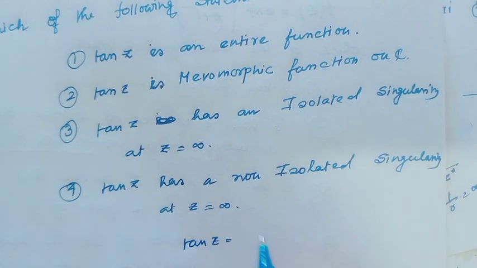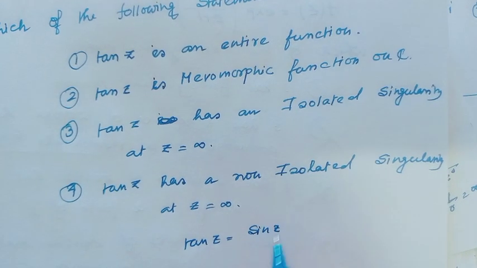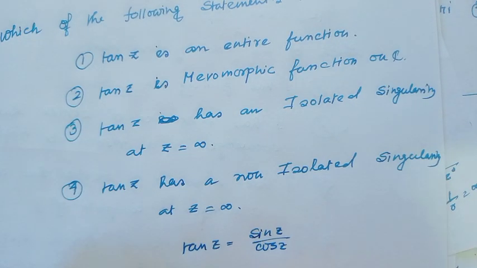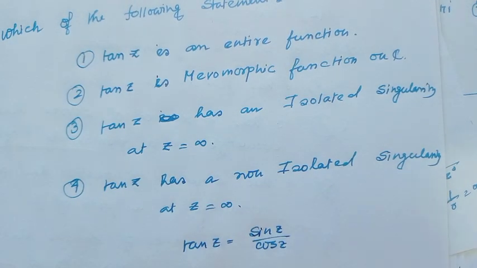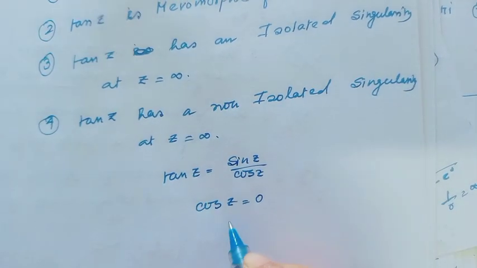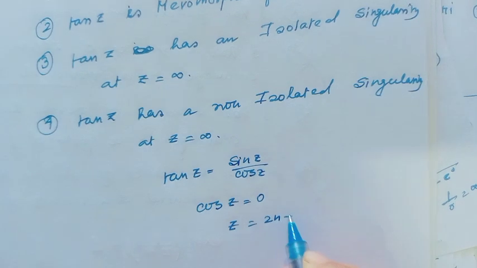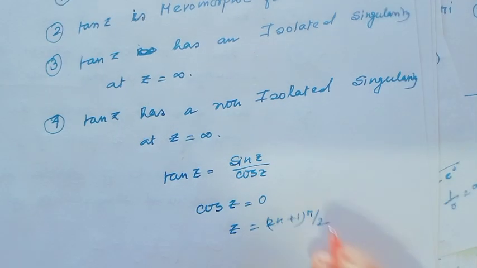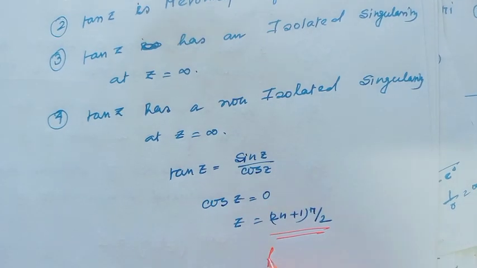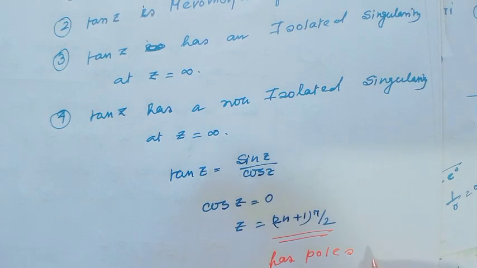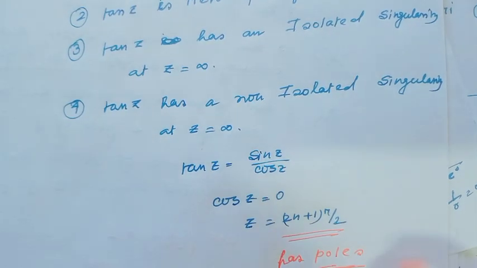Tangent means actually sin z over cos z, and cos z is equal to 0 when z equal to (2n plus 1) times pi over 2. At this point, the function has a pole. So, since the function has poles, that means tangent is a meromorphic function,